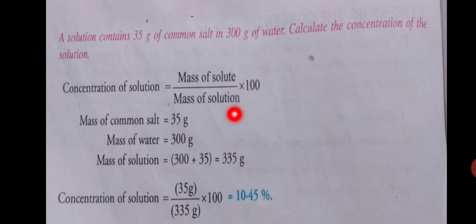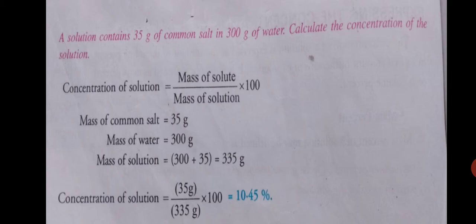Now straight away we can put it in the equation. What's the equation? Concentration of the solution is equal to mass of the solute divided by mass of the solution into 100. So 35, that is the mass of the solute, and for the solution we find out 335 into 100. So while you are doing it, you can find out the answer as